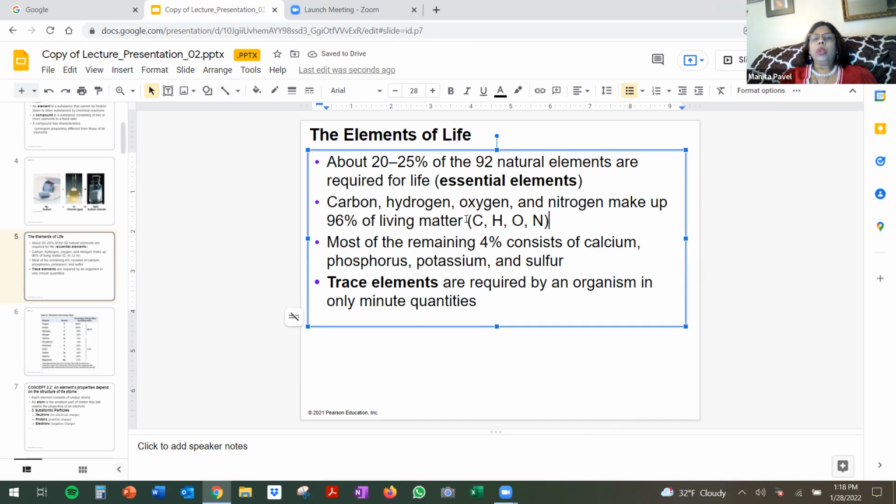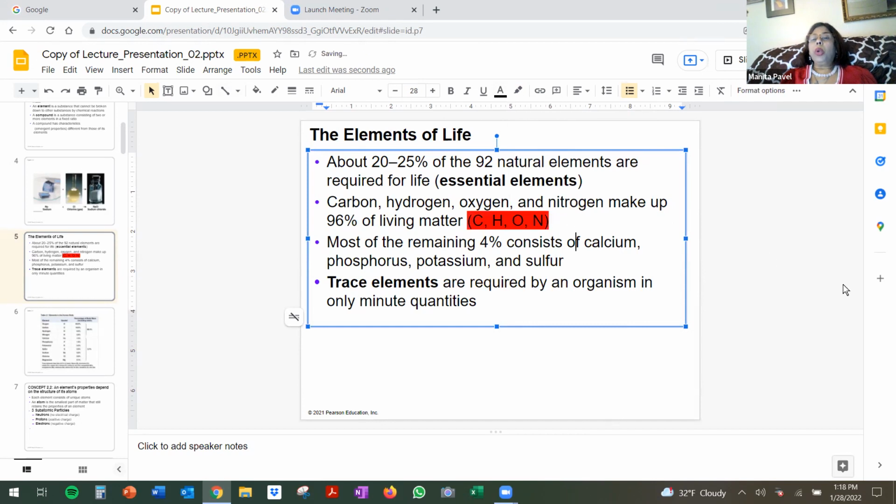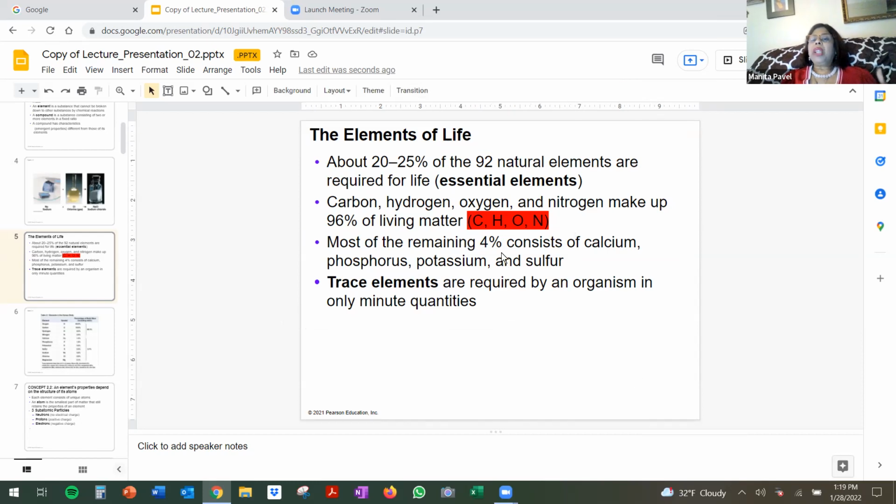So take note of the CHON group. Now you will notice in my PowerPoints that I have colored keywords. So the keywords should arouse your curiosity and it should indicate to you they are important terms, concepts, which will be underlined. And we've seen the remaining 4%